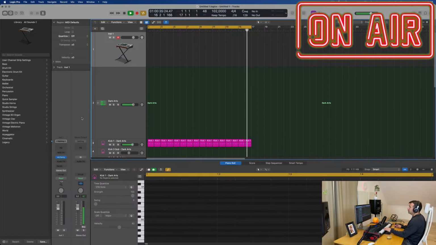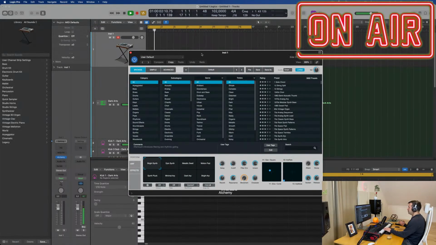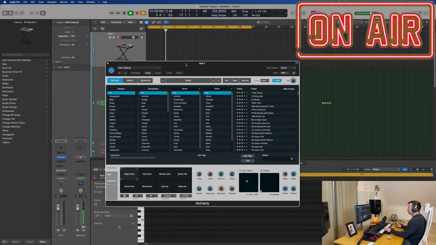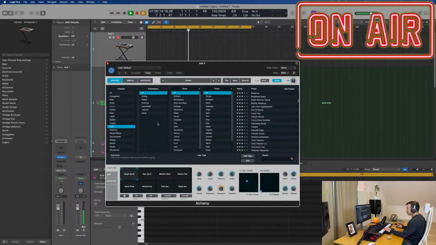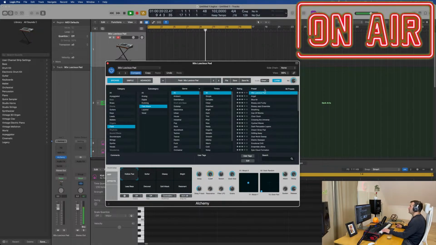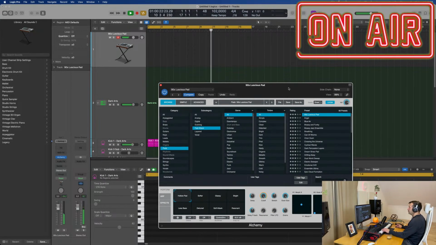So I have a synth loaded here, Alchemy of course. I'm gonna try to find a bass pad or something just deep and dark to put in there. I don't even think I'm gonna go in bass. I think I'm gonna go straight to pad and try to find something that's deep. Something that's got a fast attack, yes. Something that's gonna be kind of